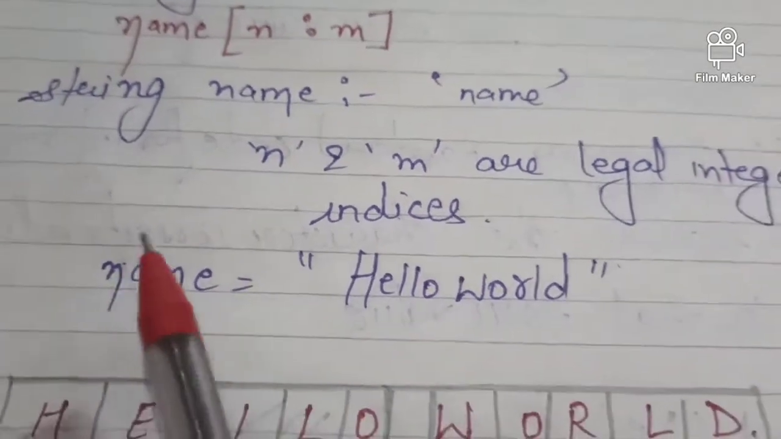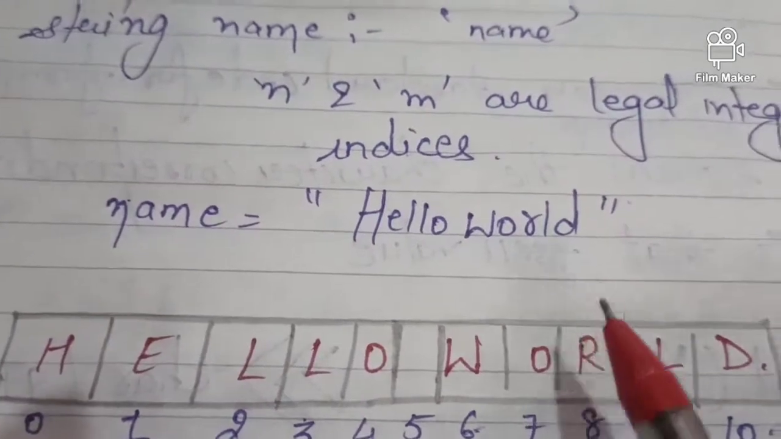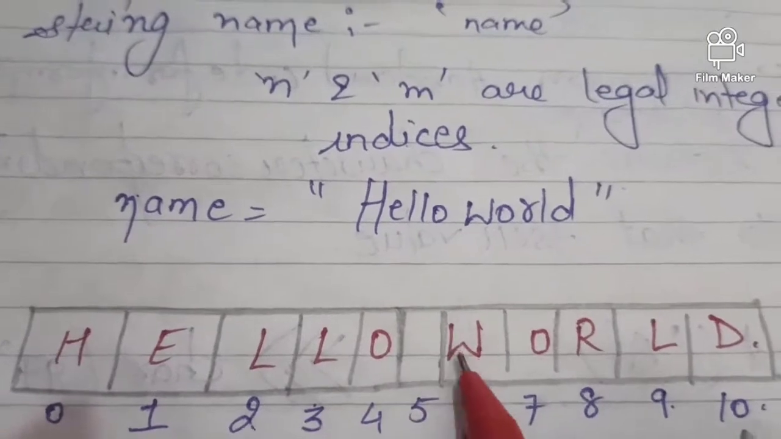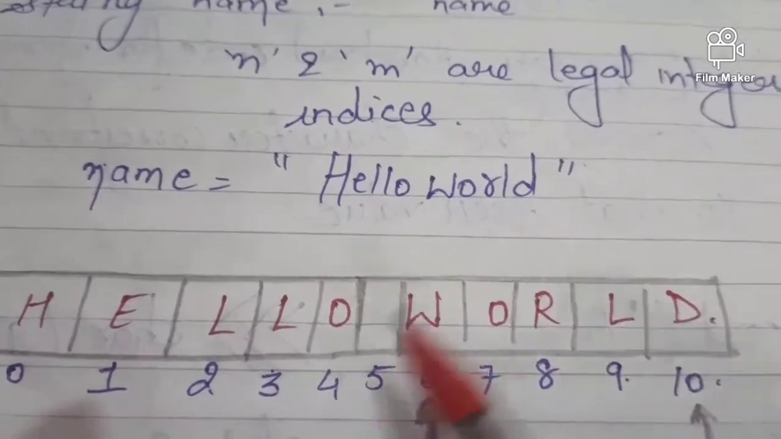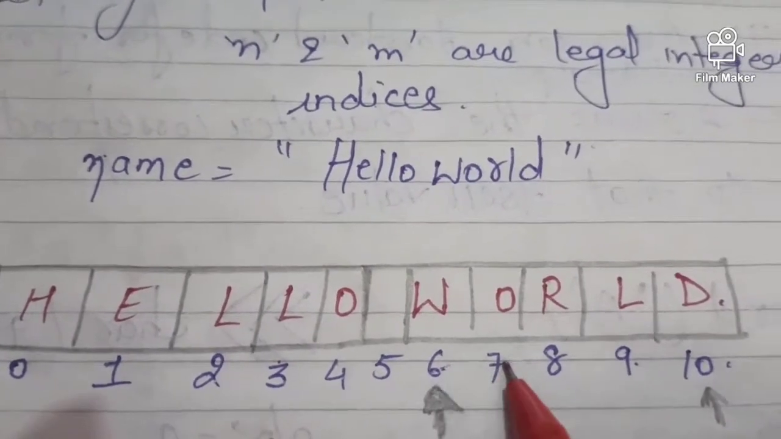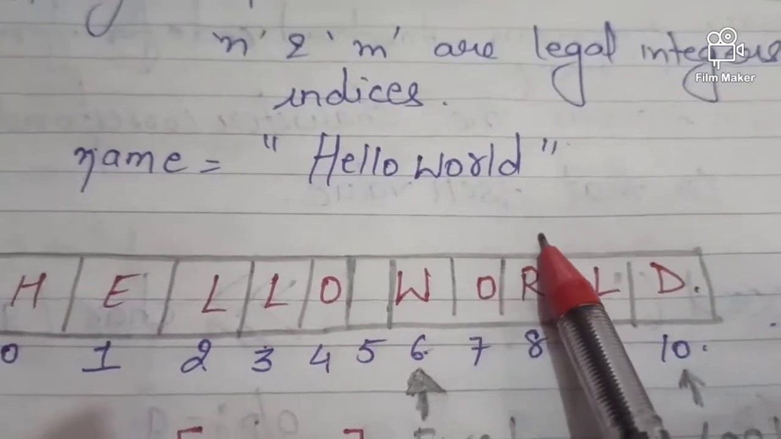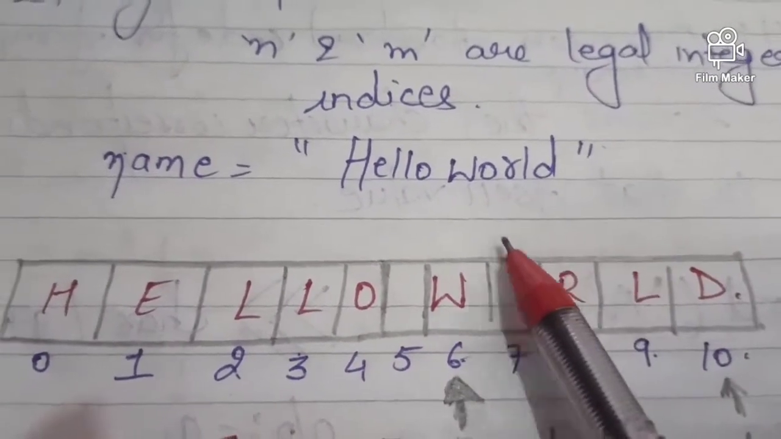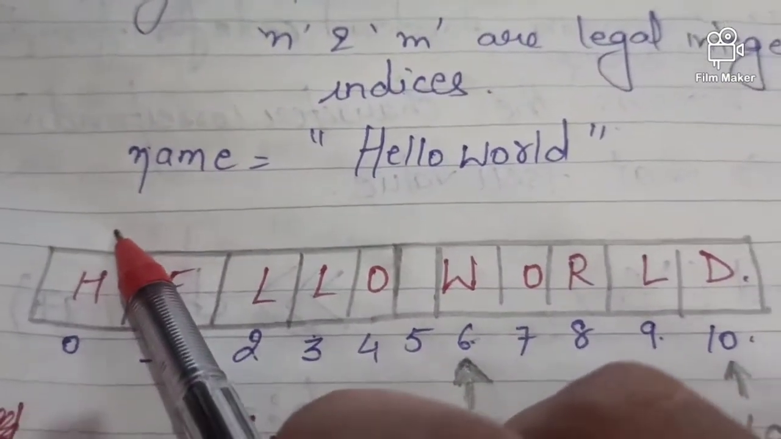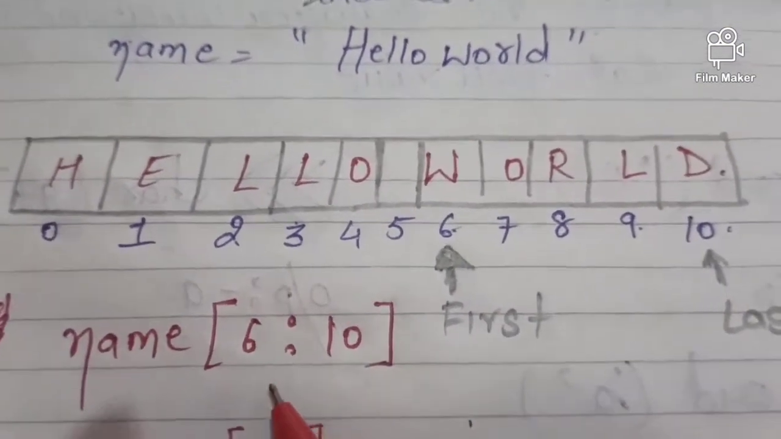Like here I have mentioned name equal to hello world. Okay, so let's check its indexing. First I have written here HELLO, then space, then WORLD. Now let's do its indexing: 0 1 2 3 4 5 6 7 8 9 10. This is forward, and if it is backward, then -1 -2 -3 -4 -5 -6 -7 -8 -9 -10 -11. Clear? So now if the slice is given name 6 colon 10, means जो आपका नंबर आएगा